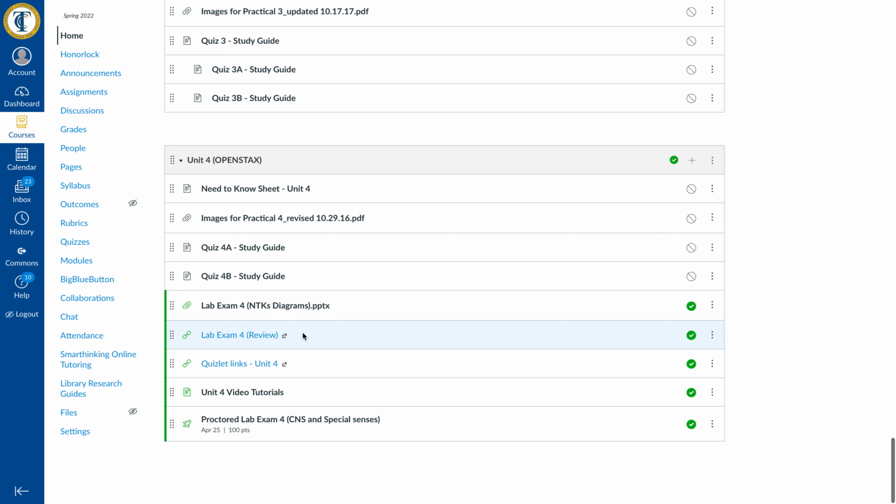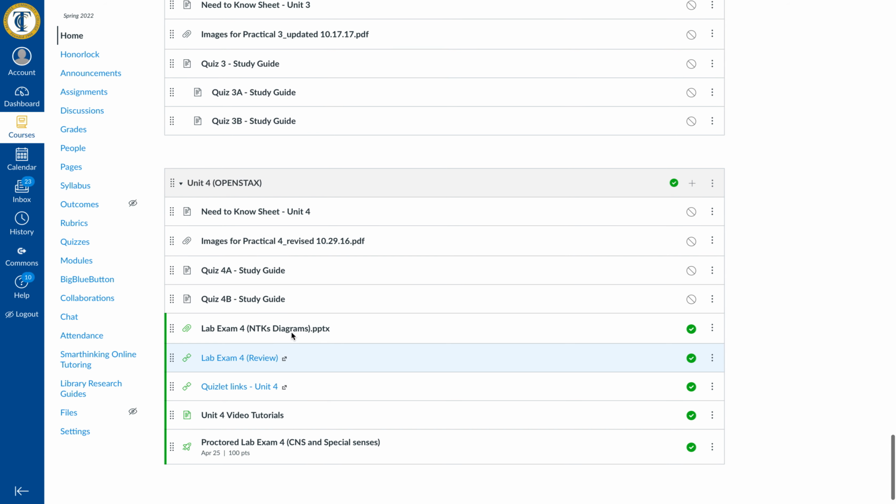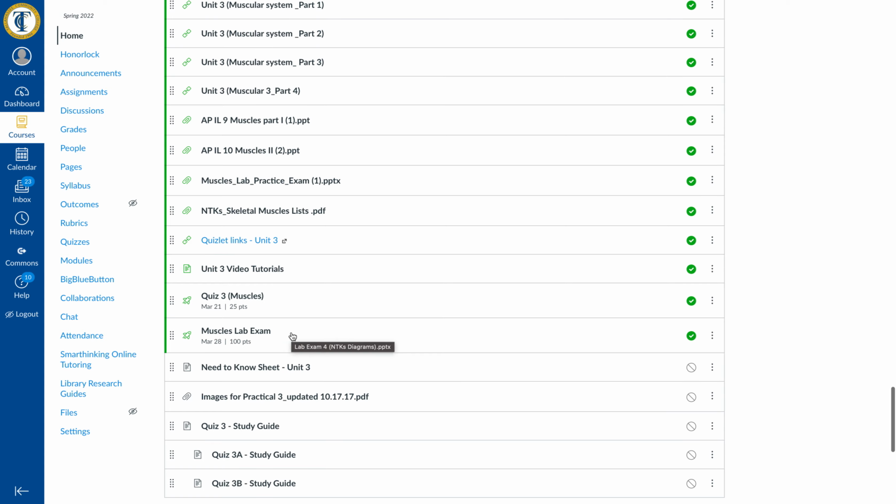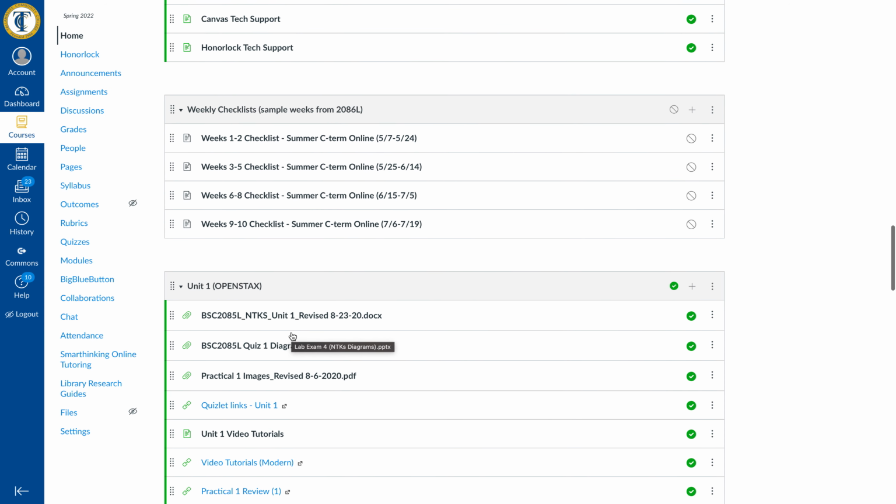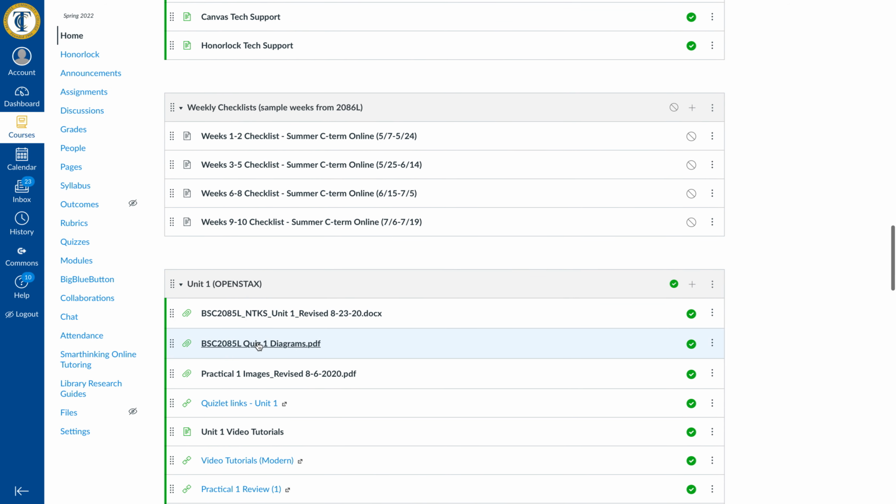Practical 4 and quiz 4 cover the same material. All right. The only exception for this rule is going to be unit 1. Quiz 1 and practical 1 are covering different sets of diagrams that you should be preparing separately for.